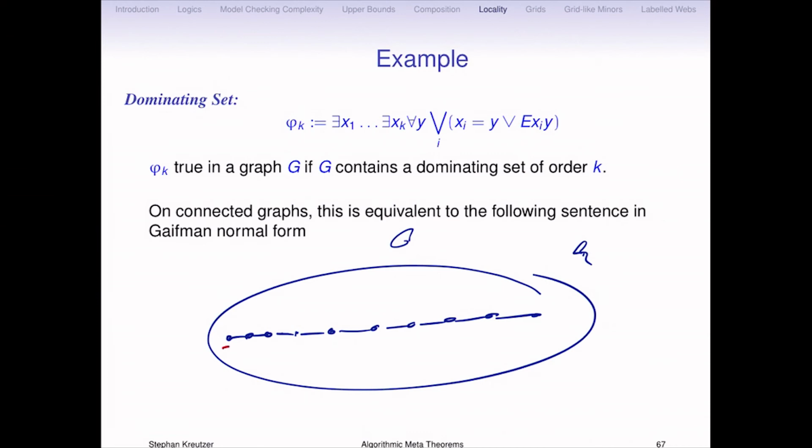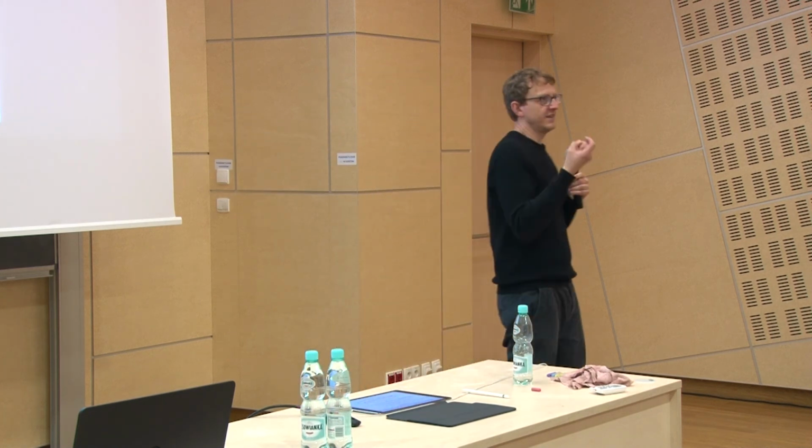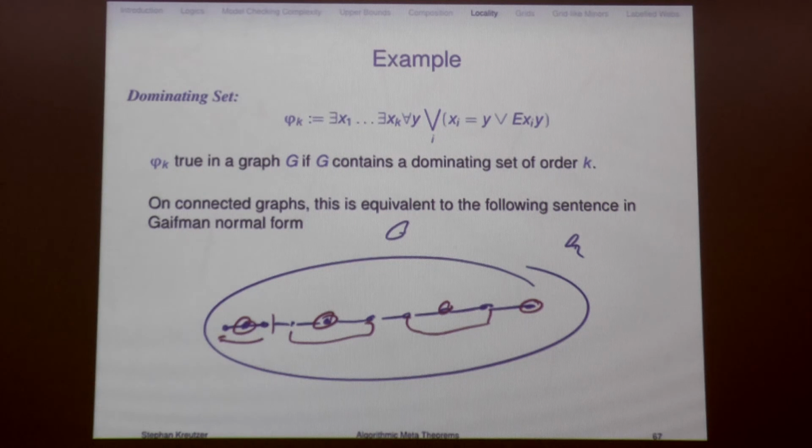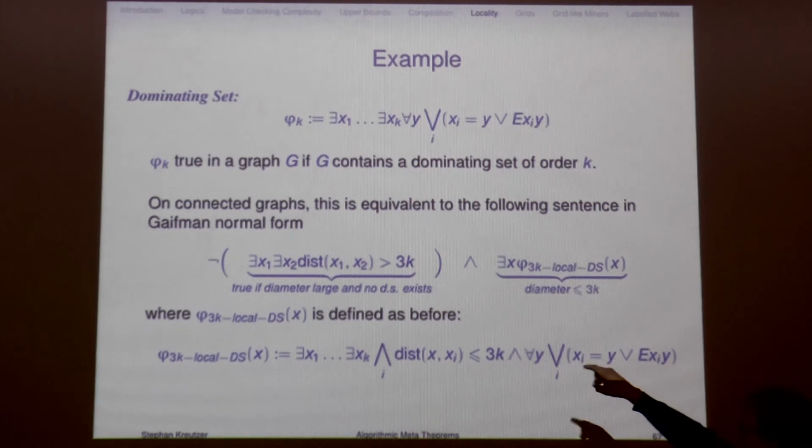So this guy needs to be dominated. The best you can do is put this in a dominating set, which will dominate all of this. The rest needs to be dominated, so you can put this one in, and this one in, and then maybe the last one. But if it's just a path, it means every vertex can dominate at most 3 vertices: itself and its 2 neighbors on the path. Which means if you have a graph of high diameter, so there's a long induced path, you can't dominate it by k vertices. And so the basic local sentence that's using it is this one.